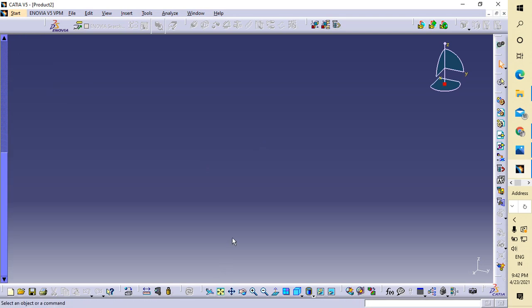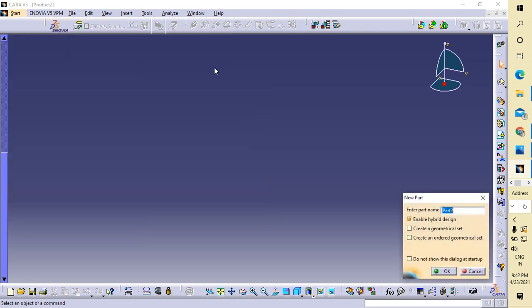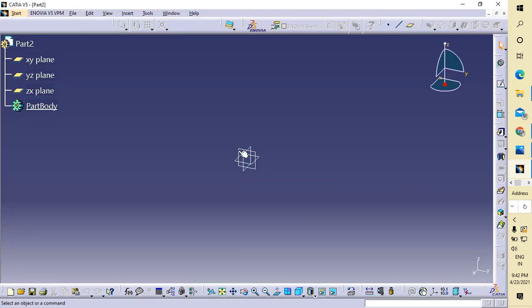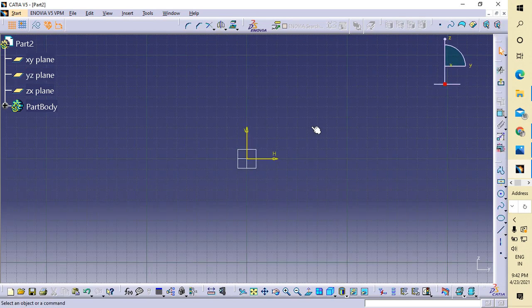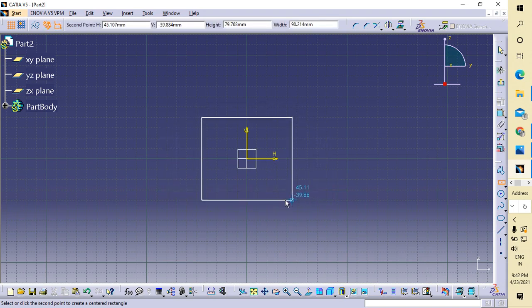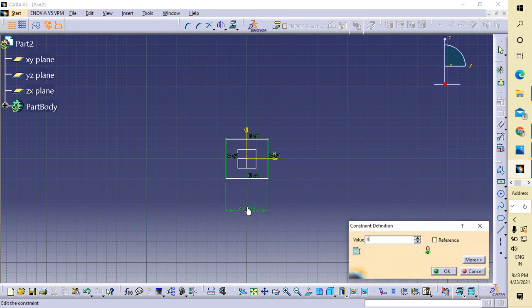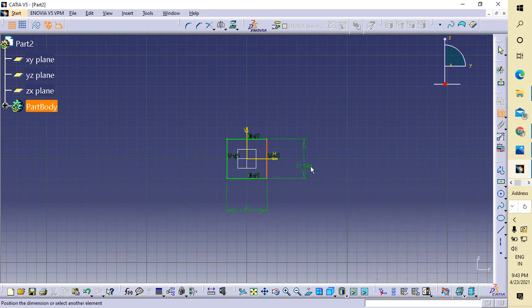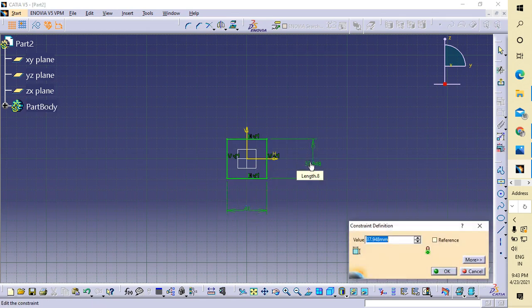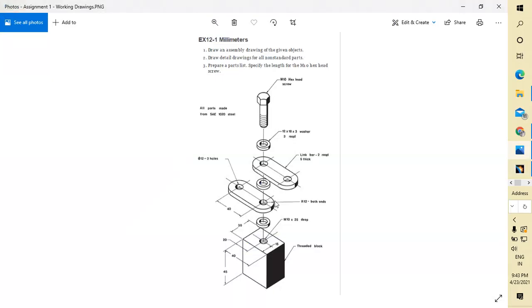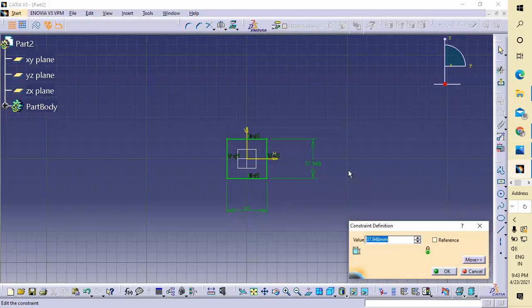Zoom to fit. Okay, I'm going to Start, Mechanical Design, Part Design. I'll say okay, no problem. I'm choosing this one. Go to Sketch and go to Center Rectangle. Double click on it so that you can use it directly two times. It is 40, and this one is how much? 12 to here. You can see that this is 12 mm radius, 12 to the 24, it will become 24.